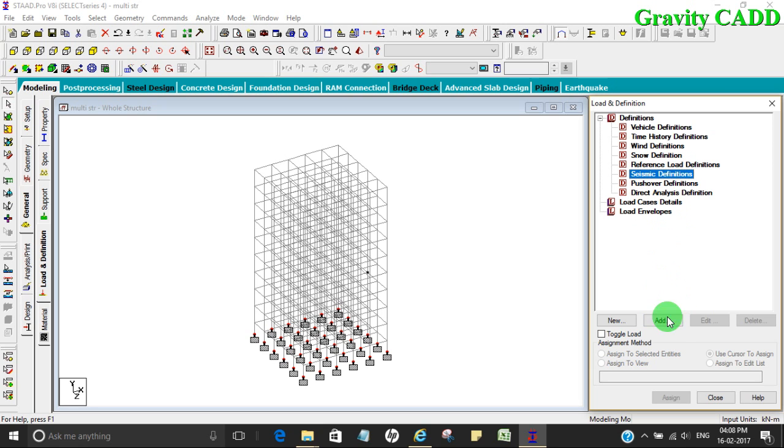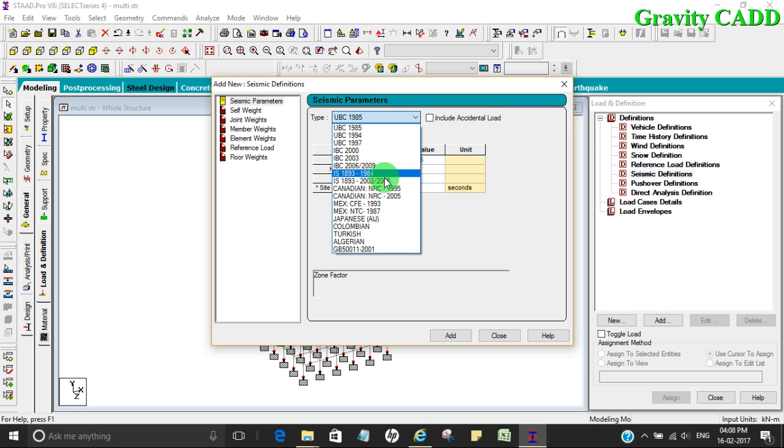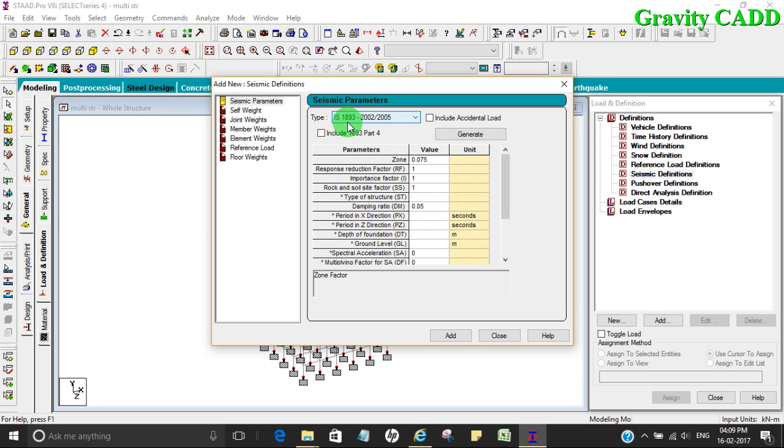So in seismic definition, click add, and here in STAAD Pro, when you click add, one dialog box opens. Its name is seismic definition. In this seismic definition, it is asking for your code. As per Indian code, your earthquake code is IS 1893 part 1 2002. I select IS 1893. You can mention this value according to your code, or there is a good option, generate command. So click generate command,